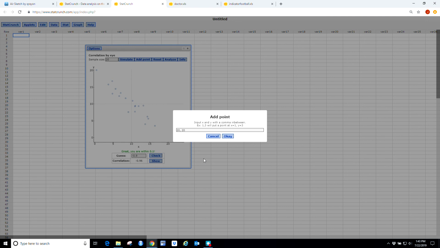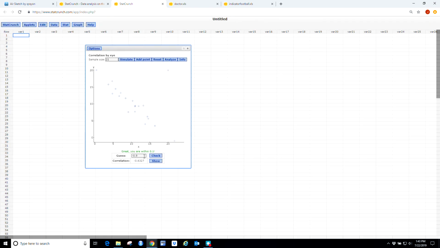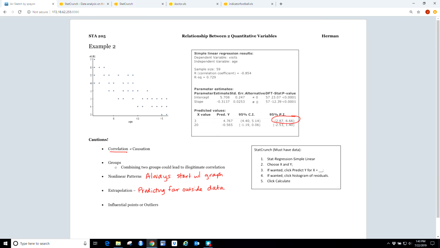So negative 0.96 by 1 point becomes negative 0.6327. So this 1 point can have a drastic effect on what we see with our relationship. So being careful of just those type of ideas as